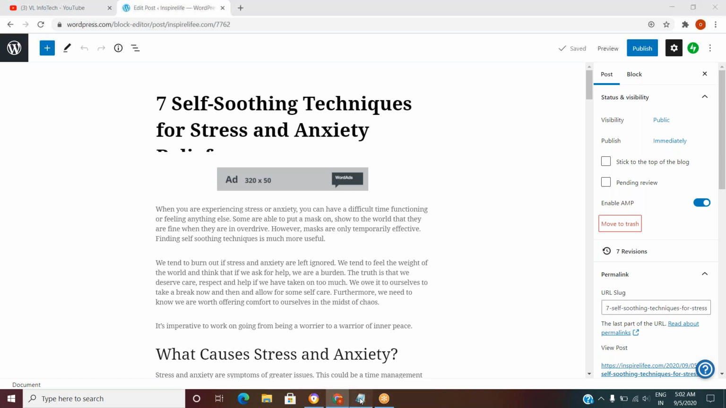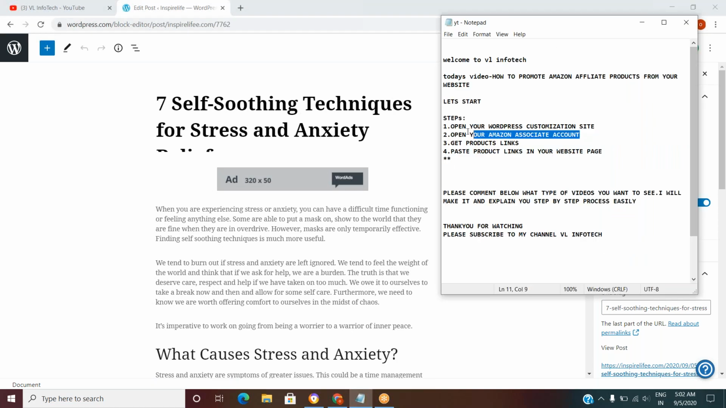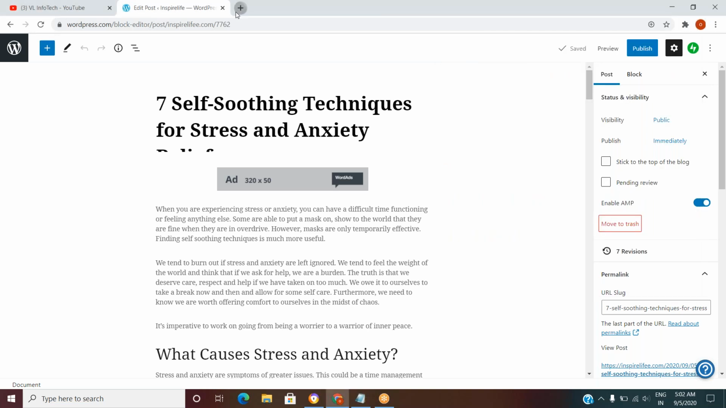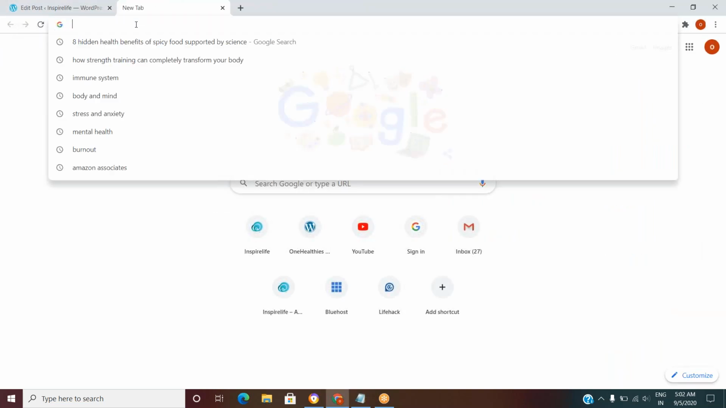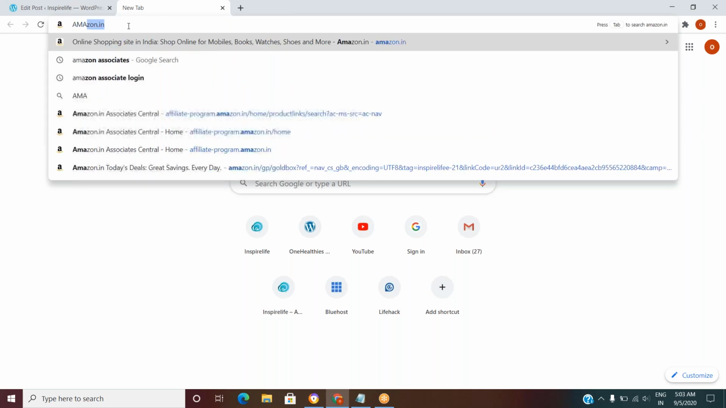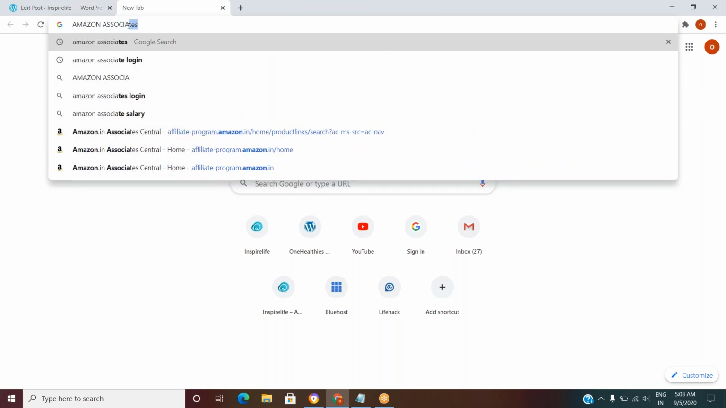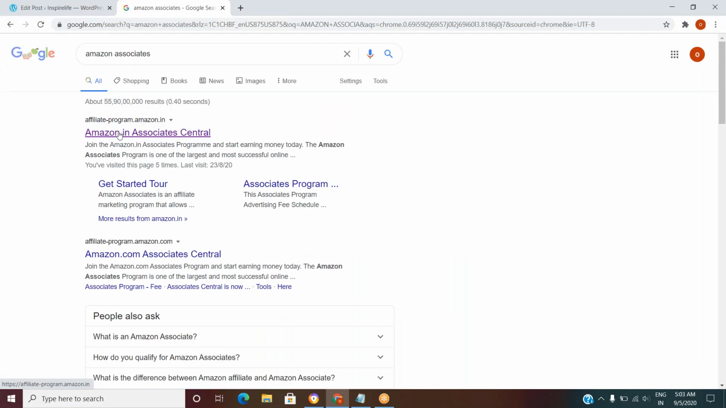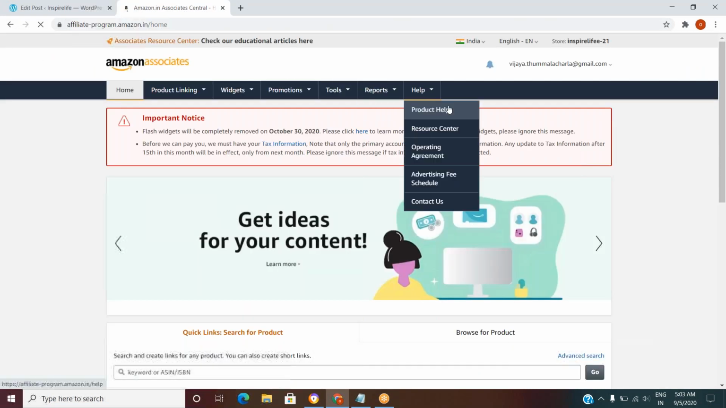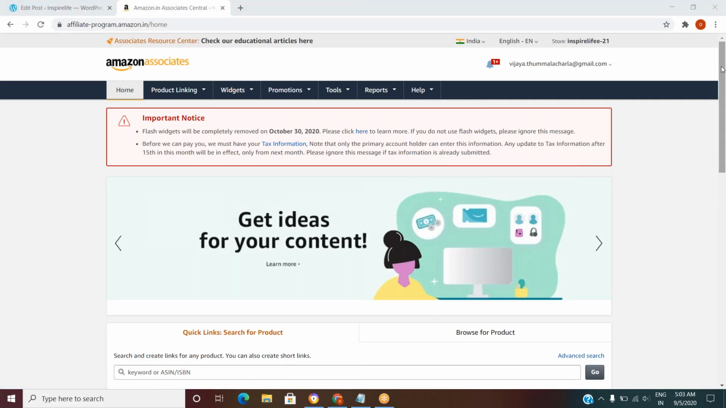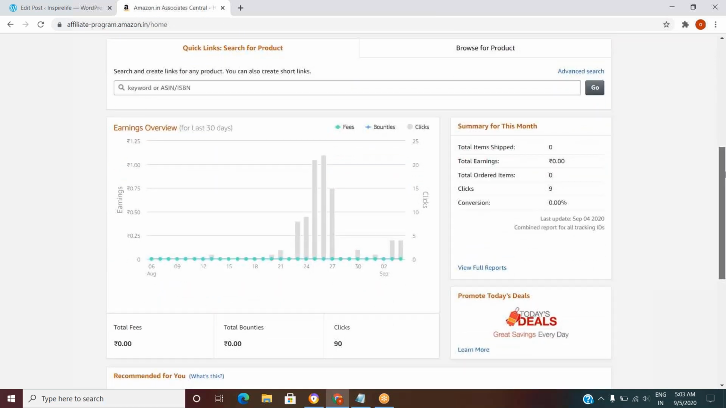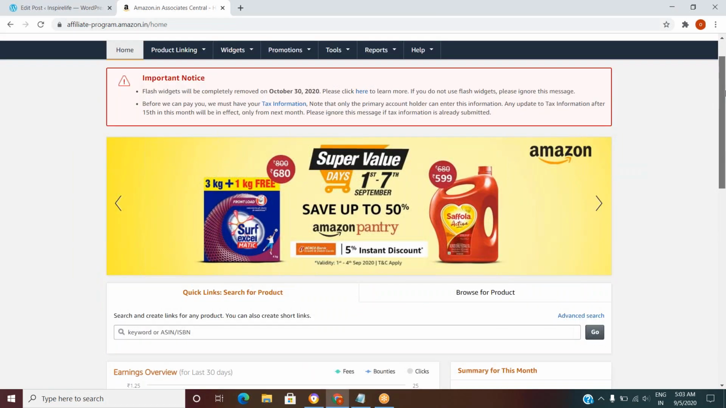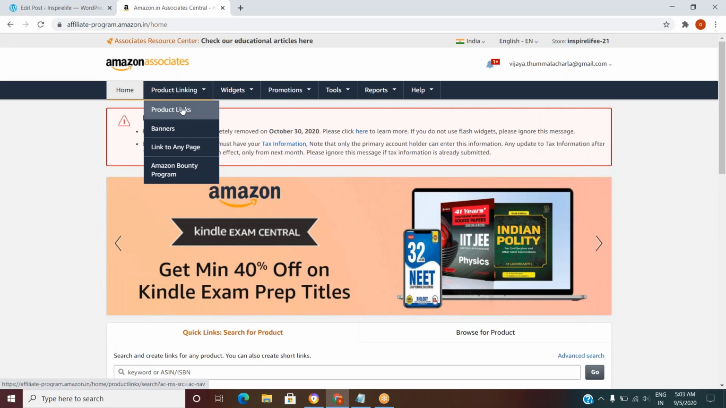And the second step is to open your Amazon Associate account. You need to sign up for an Amazon Associate account. I'm opening my Amazon Associate account. From that, you will generate or create Amazon affiliate product links. This is Amazon Associate Central. We have to click this. This is my Amazon affiliate account. You can see how many clicks last month, how many products ordered, everything here. This is the dashboard. You have to click product linking, click product links,